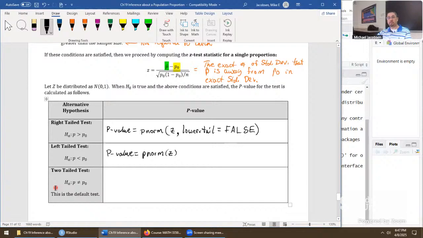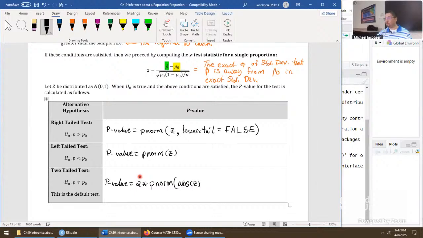Two-tail test, you have to be a little bit careful because the way you run it might depend on the actual sign value of Z, whether it's positive or negative. Or you could just write this once, include absolute value of Z, and it would look like this. For the two-tail test, p-value is 2 times p-norm. Don't forget with the two-tail test, there's always a doubling factor right here. So 2 times p-norm, we can do the absolute value of Z.